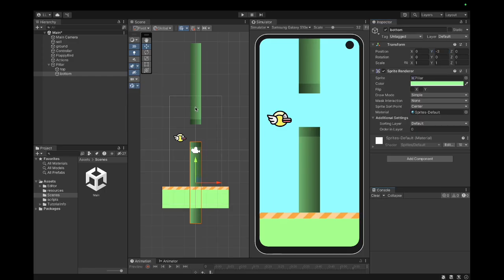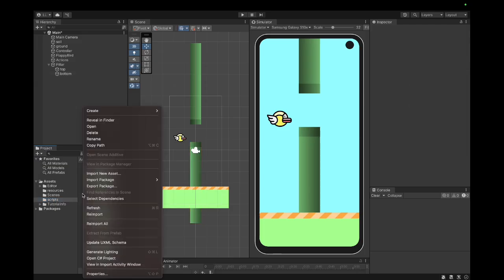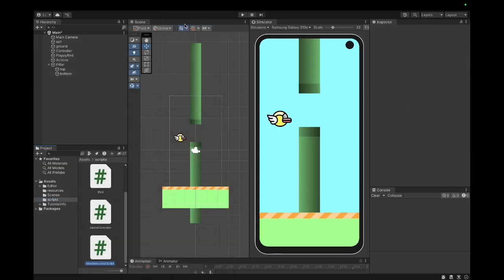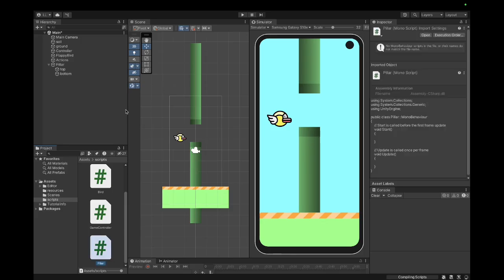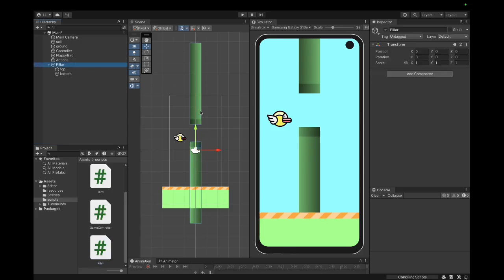And for the top pillar, we can decide the y value based on the bottom pillar. Alright, let's create a script first. I will create a script called pillar. Now we have to somehow spawn this pillar in the game when we start the game. We shouldn't be creating this object in the hierarchy in development mode. So what I can do is make this pillar